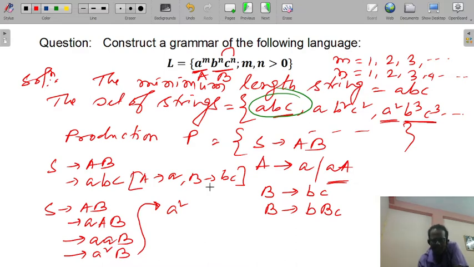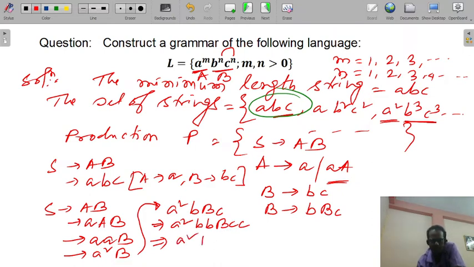So B implies small b, capital B, c. And next A square. So this will be B. And B will be again substituted by small b, capital B, c and c. Now the capital B will be substituted by bc.